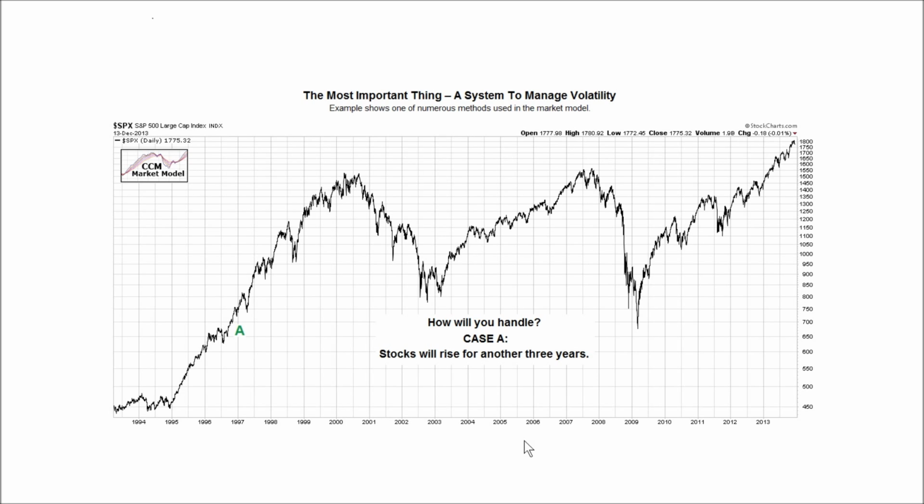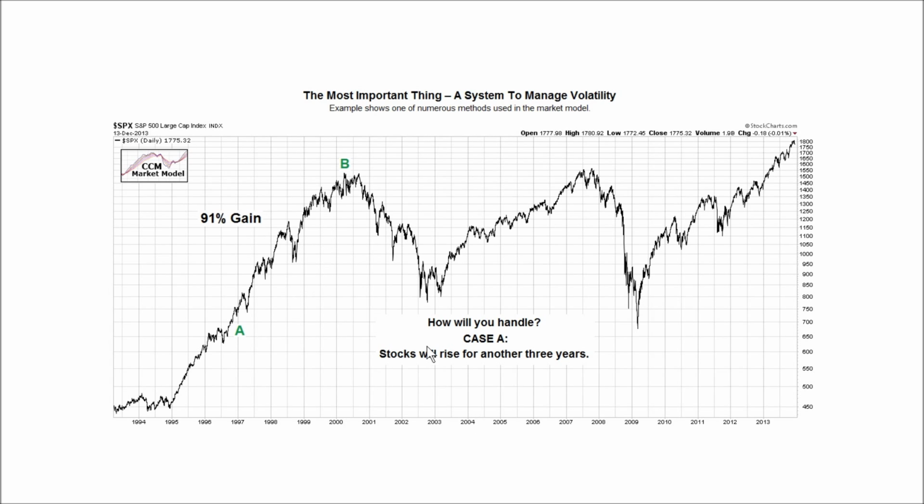And a rational response at any given time is, that's ridiculous, that could never happen. Well, markets can move a lot further than rational people believe. You can see there's a massive run up here in the S&P 500. And here in 1997 at point A, there's already talk of a bubble and PEs are extended. The market moved from point A to point B after the bubble talk and after PEs were extended.